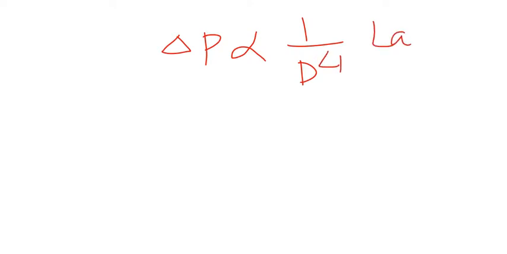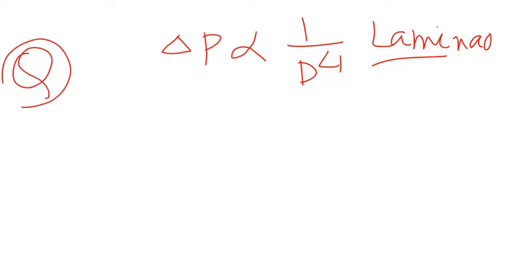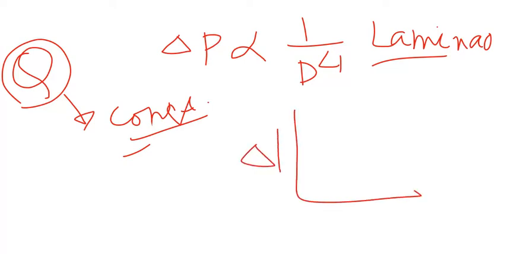This is true in laminar. This is true when we keep the flow rate constant. For the same flow rate, if you measure the pressure drop across different diameter pipes, you will get this relation. So if you plot delta P versus